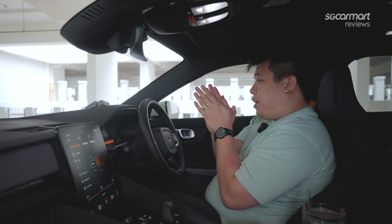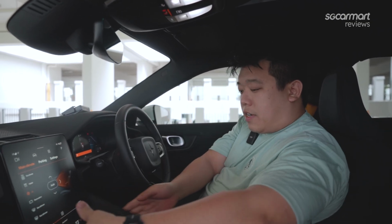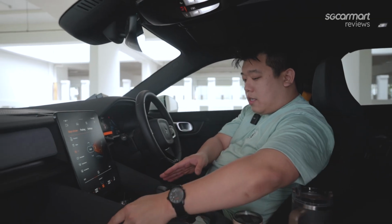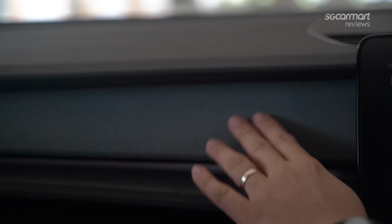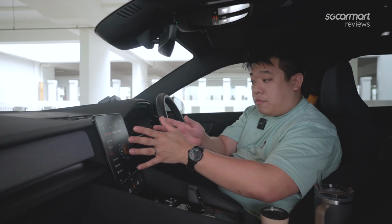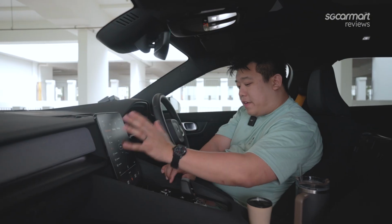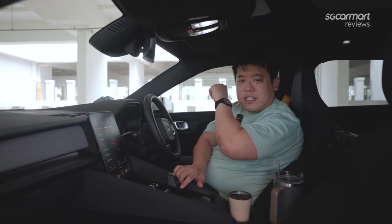Now over in the cockpit of the Polestar 2, it feels a little bit snug because they have this very large center console. Now it does look and feel nice. They have accents of fabric all over the interior, a very nice 11.6-inch matte infotainment display with their own proprietary UI UX. It looks fantastic. Everything is glossy, it's well done, it's refined. This little shifter here is